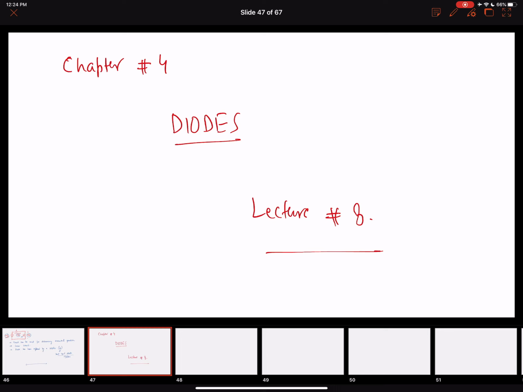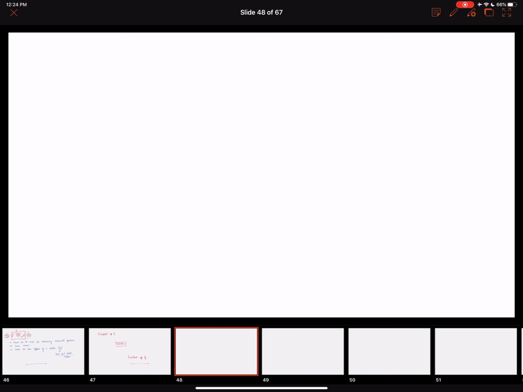We are talking about diodes. In the last lecture we developed the small signal model of a diode, and we analyzed that we can model a diode as a resistor for small signal operations. Today we are going to do a few examples that will help build those concepts. Alright, so let's start with